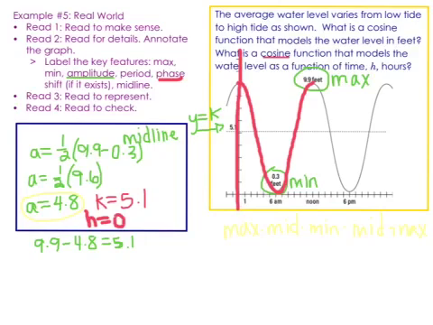After tracing this, I can go back and I can look at my period. My period, this time it's in terms of hours. So at 0 hours all the way to, looks like noon. So from 0 to noon, that's going to be 12 hours. So our period is going to be 12, and so then we can use our formula,